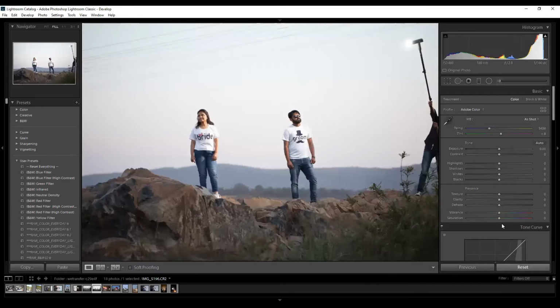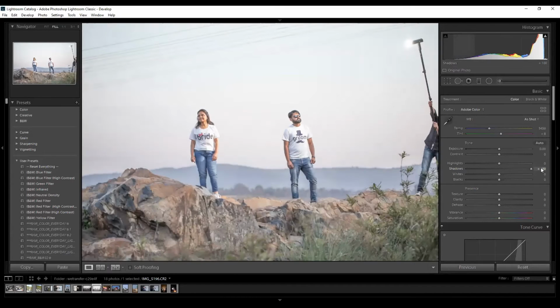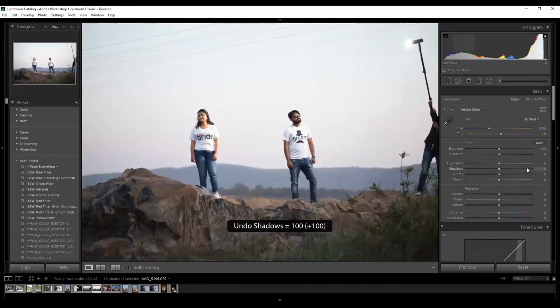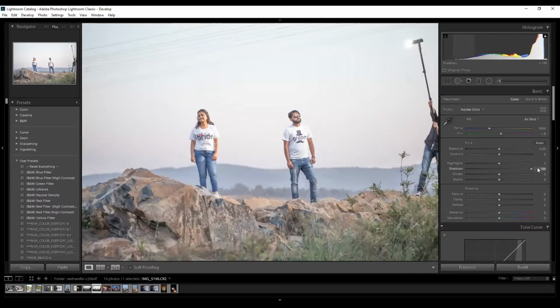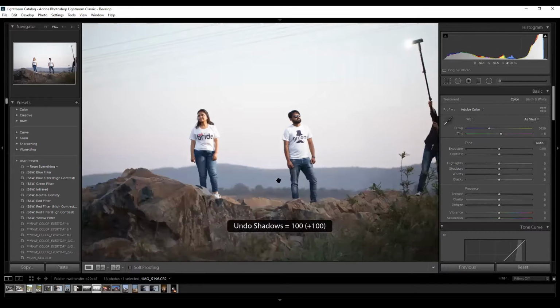Now let's go with the neutral image. See, this is a neutral image. Now, if I pull the blacks, it's pulling out all the blacks from the image. And if I pull the shadows, it will only pull out the shadows from my image. Wherever there is shadow, it will try to remove the shadow from my image, right from the face till the jeans, till everywhere. It is just pulling out the shadows, maintaining the highlights as they are.